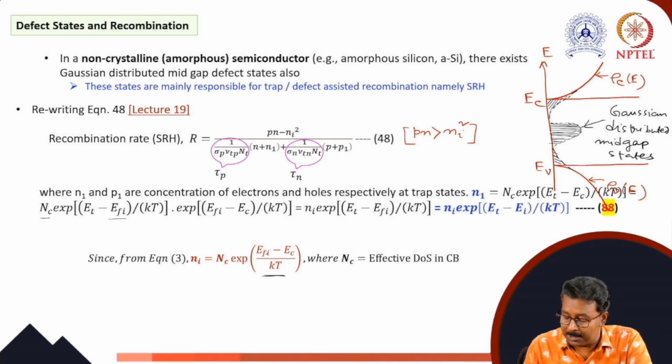So EF is replaced by EFi. Here we have done some rearrangement by putting Et minus EFi into EFi minus Ec. So ultimately the result is Et minus Ec. So Et minus EFi by kT remains here, Et minus EFi by kT, and Nc with this EFi minus Ec by kT, this is nothing but